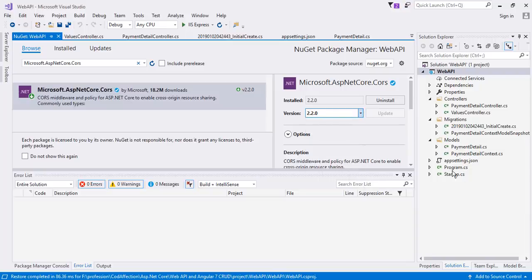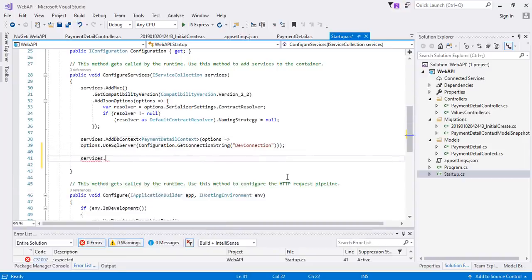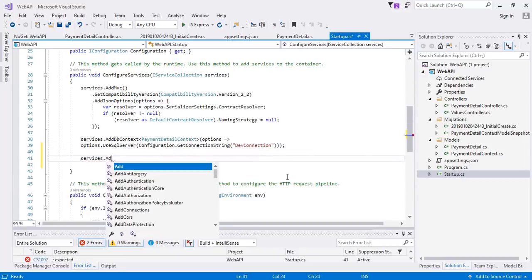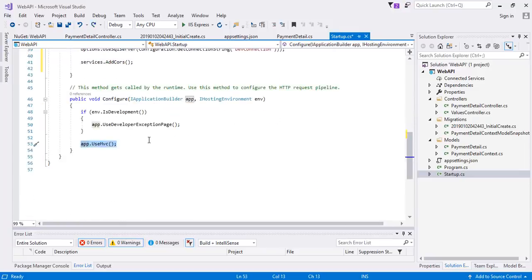Now open startup.cs file here. Then inside this configuration services function we have to add that as a service. So we just need to do this. Services.add CORS function can be called. In order to configure that for the Angular project, we can use this configure function here. We have to configure this CORS package before this use MVC function. So we can do this